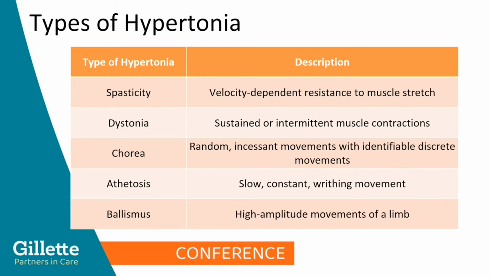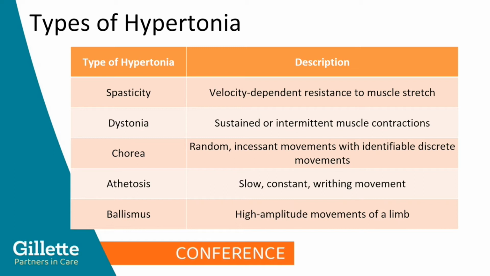So I have listed here 5 common types of hypertonia. So spasticity, which would be the velocity-dependent resistance to muscle stretch. And we're going to talk a lot more about spasticity specifically coming up. Another common type of hypertonia is going to be dystonia, and that's really more of that sustained or intermittent muscle